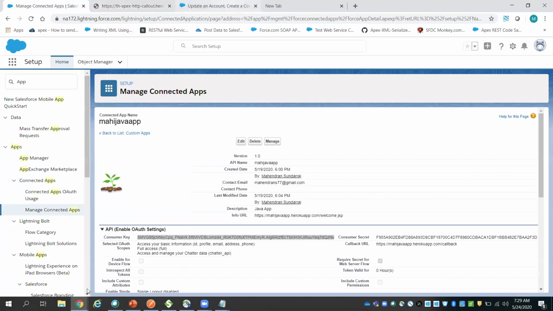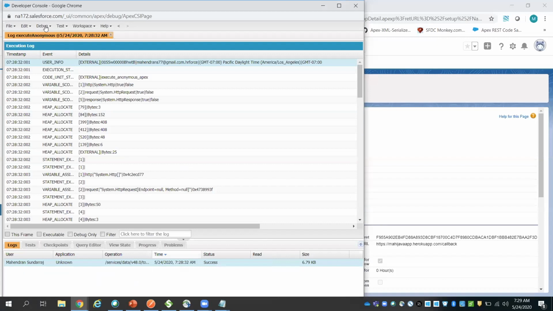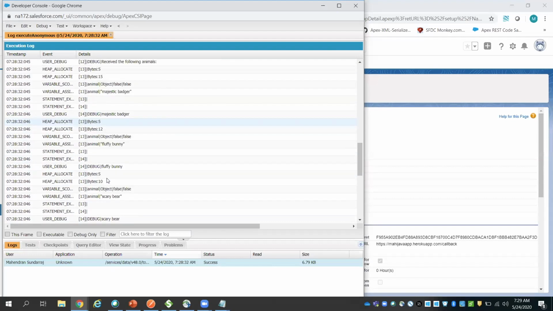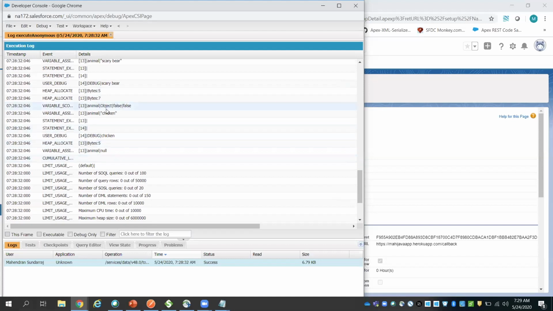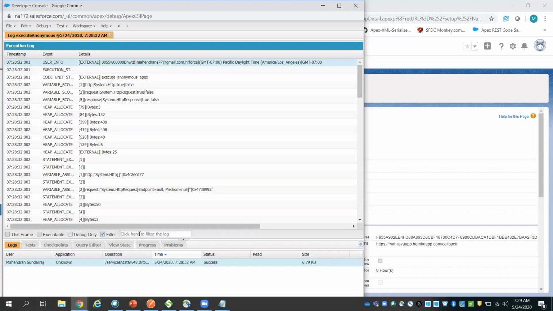Now, what we did was put it in this anonymous block. Here is a log file that it generated. When you open this log file, you will see the different debug statements, like animal names such as scary bear, chicken. You can filter by animal.